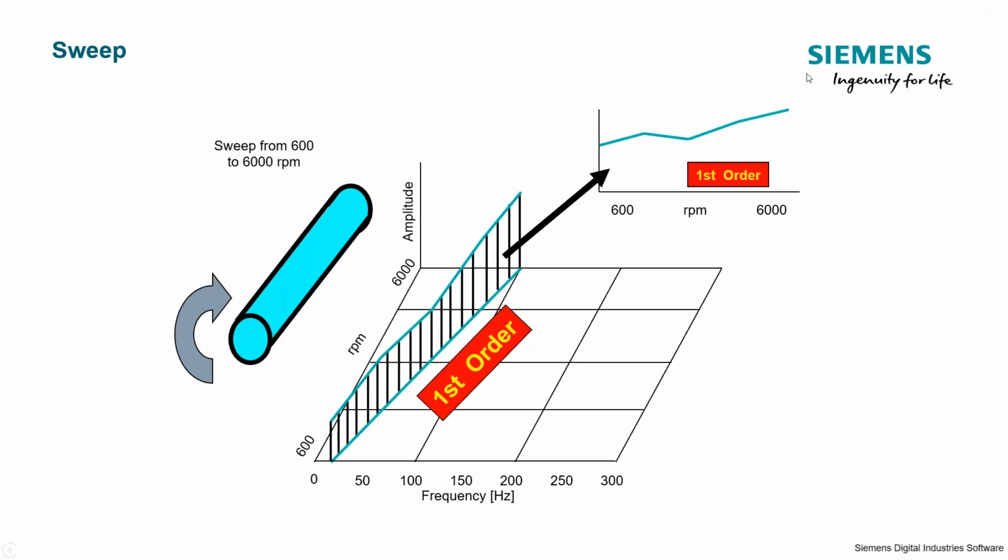So we're looking at first order, that's all we've talked about so far. What's unique about this is that we would expect an increase in energy as the speed increases. But if you look here, there's actually a dip once we hit maybe 800 RPM or so. The energy dips down and then comes back up. That's pretty typical when we look at an order cut. It's not a linear relationship in terms of, the faster I go, the more vibration I have.